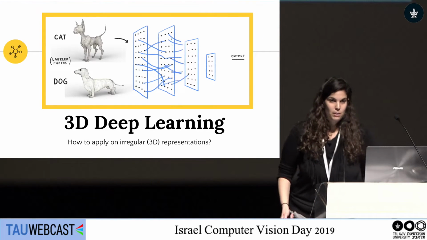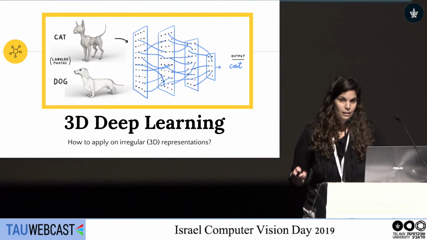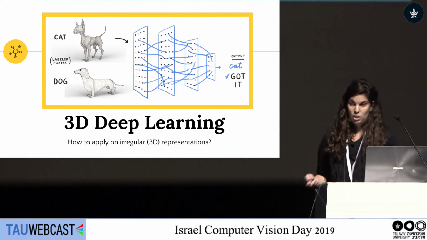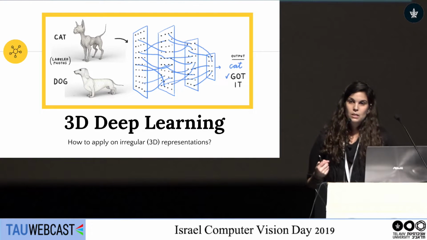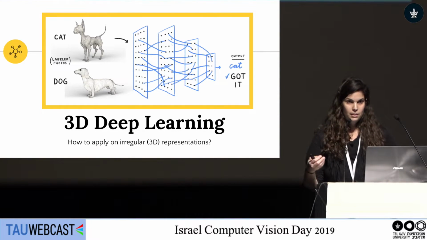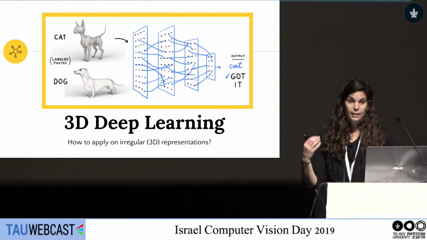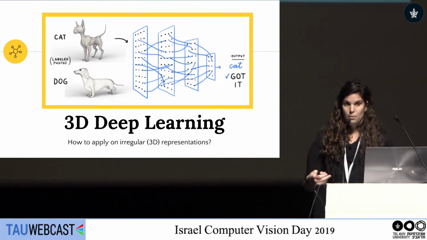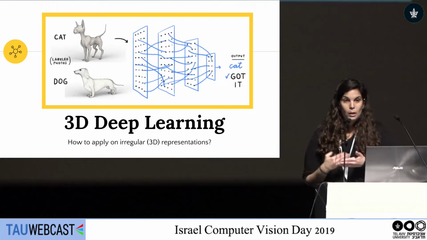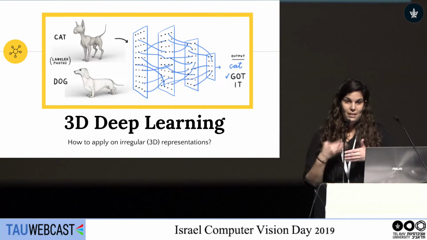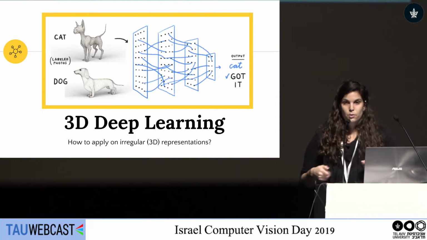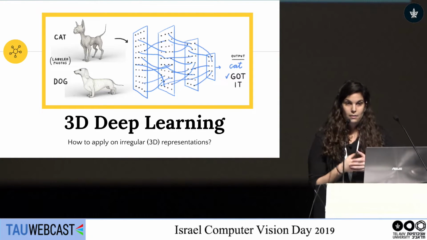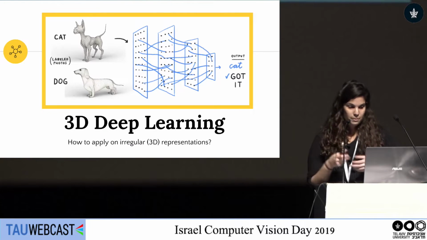In 3D deep learning, we also want to learn to classify and segment 3D shapes. However, 3D shapes are inherently irregular. So the first works pioneered this idea of 3D deep learning by converting the shape to a regular representation. For example, by projecting the shapes down to 2D images or a 3D voxel grid, they can use regular standard CNN tools.